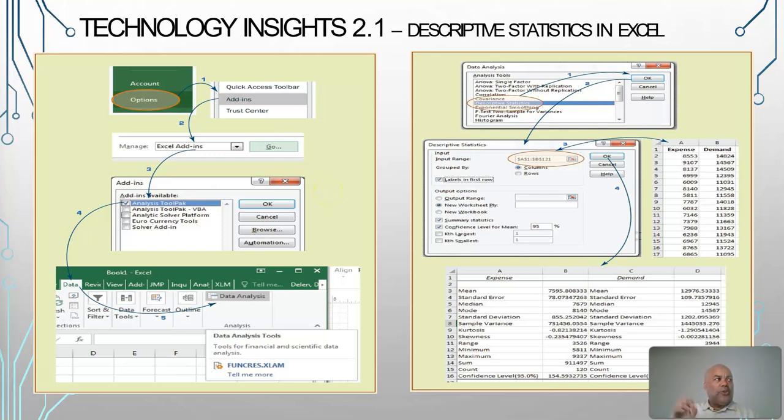And we can almost always very clearly see positive and negative distribution. So, like I said, in Excel, you can go to options, add-ins, and in add-ins, you actually have to click go. That's a gotcha. You actually have to click go right here. And once you click go, select the analysis pack, but I'd recommend that you select all of them. And then once you select data, you'll see data analysis, and from data analysis, then the data analysis tools will